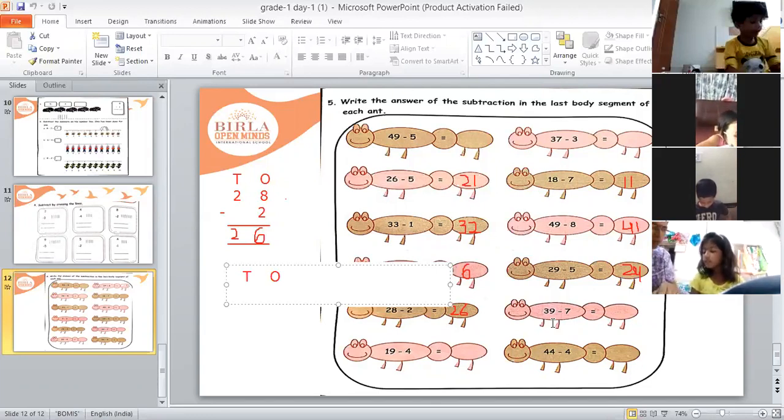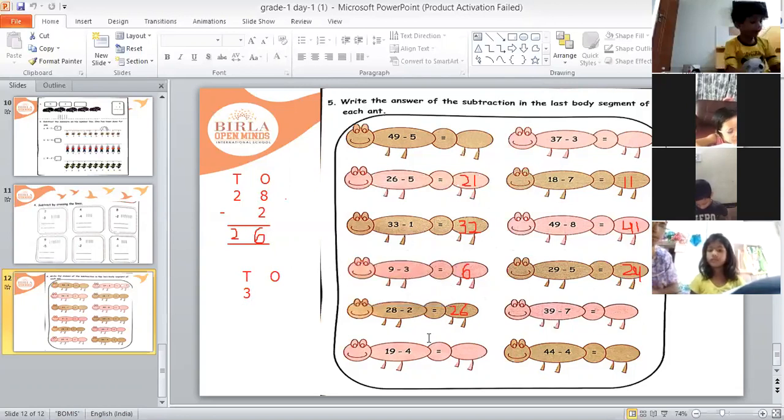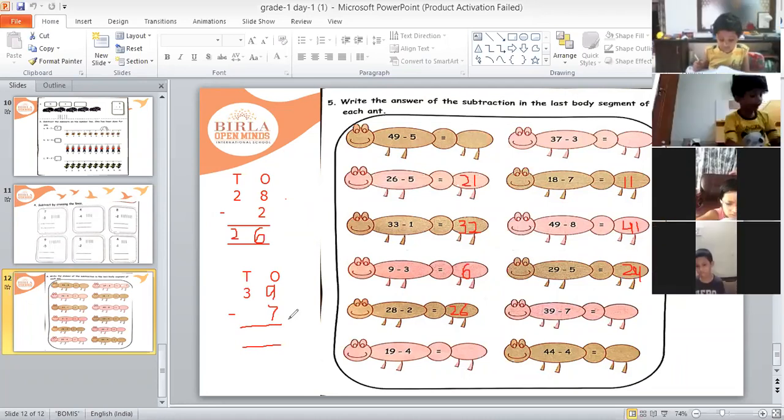See, this one, read. 39 minus 7 is equal to... Okay, fine. Ananya, don't tell the answer right now. Wait. Okay, so this is 39 minus 7. Right. So now, Ananya, what are the numbers in ones place? 9 and 7. Very good. So now we will not draw any lines. You just tell me what is our first number now, 9 or 7? First number in ones place. 9.